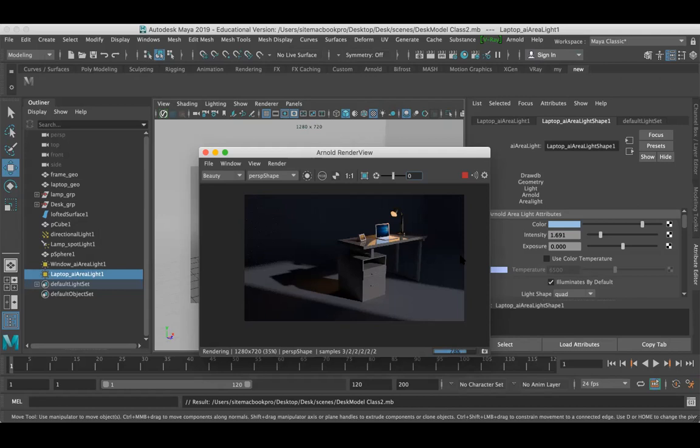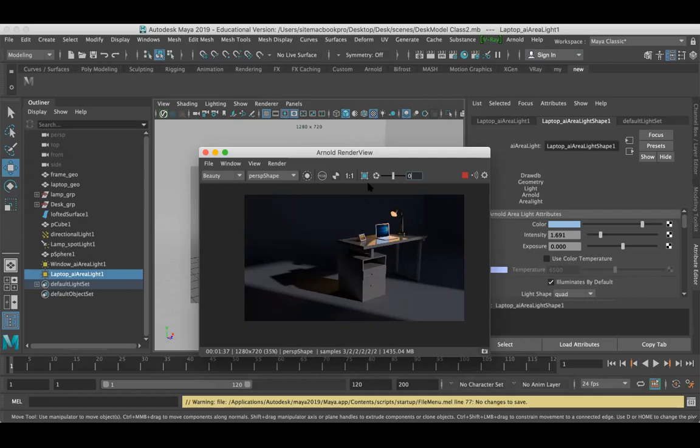Do you see that previously we got the render too fast, but now look here, it takes so much time because my previous render was at 50%. The test render was 50%, so now I changed this to 100%. So this is my final output. Yeah, this is done. It took 1.37 minutes. If I had done these things in Mental Ray or V-Ray, it would have killed me and killed you too. So I saved my file.